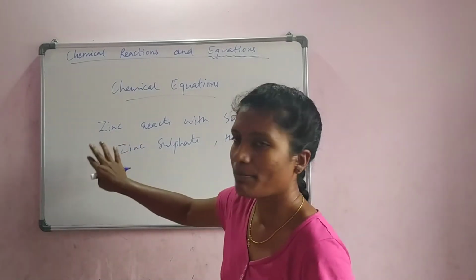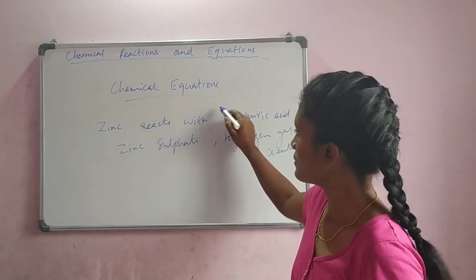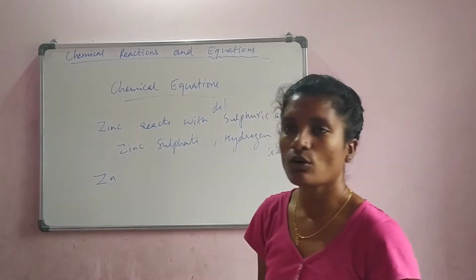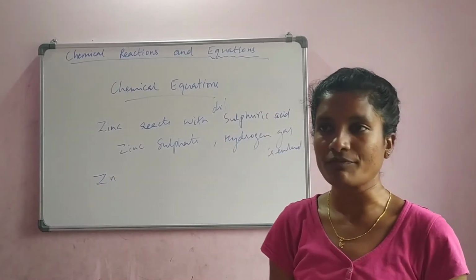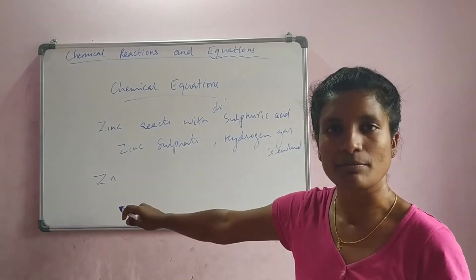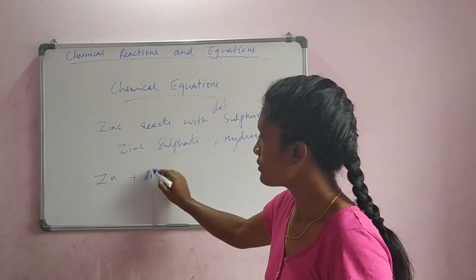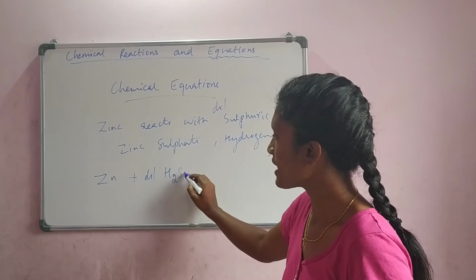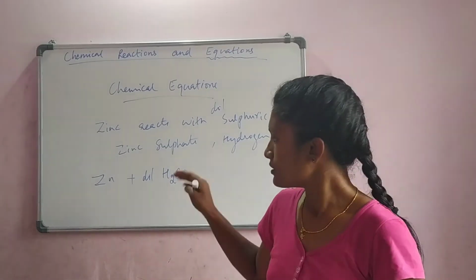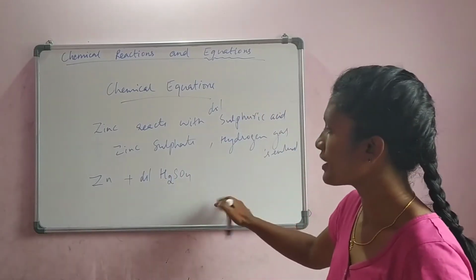Now, who are the participants here who are reacting? It is zinc and sulfuric acid. Let us say this is dilute. Zinc is chemically denoted as Zn. Hope you have done your homework by referring to the periodic table, so you will be aware that zinc is represented by Zn. The zinc is now reacting with dilute sulfuric acid. Sulfuric acid is chemically represented as H2SO4. That is, there is hydrogen, sulfur and oxygen. They combine to form sulfuric acid.